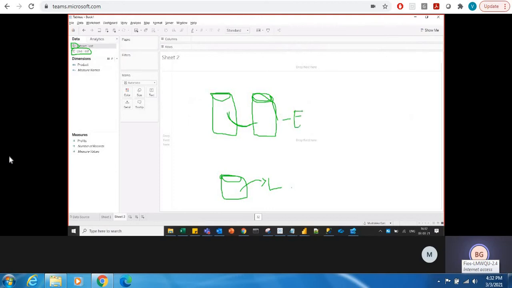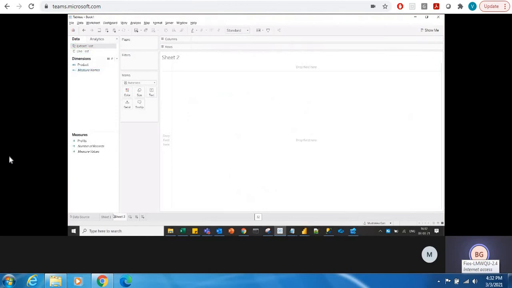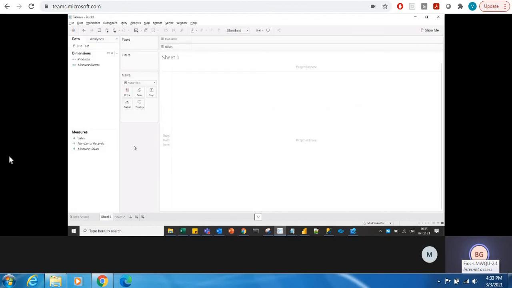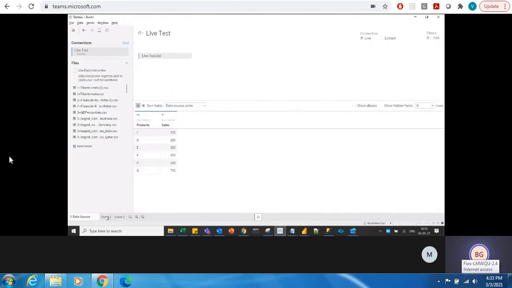Okay. And another observation you have to do: I'm removing the extract connection. So how to remove it? Just close the connection. Okay. Now I go to the data source for the live connection. So I'm in live connection. If I click on the live and go to the sheet, it directly takes me to the sheet. There is no interim process here, right? So from data source, I'm going easily to the sheet,